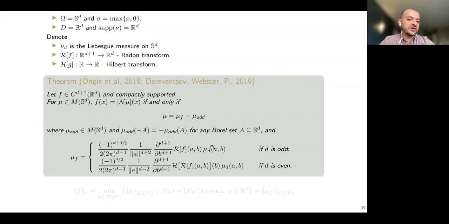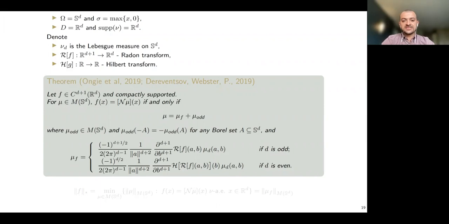But if you take a Fourier transform of this, it actually looks a little bit better. It is some kind of a kernel which modifies the Fourier transform. For the odd case, mu_f has one formula without the Hilbert transform. In the even case, it has the Hilbert transform. And you should probably guess from here that in the Fourier domain there is an absolute value or norm involved, right? So that's why there is this Hilbert transform.